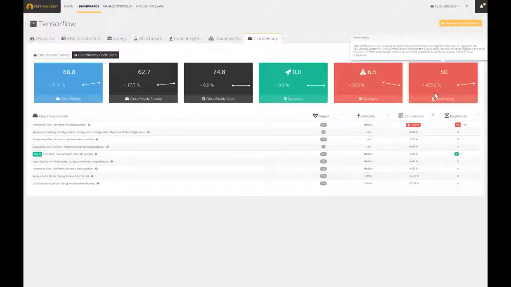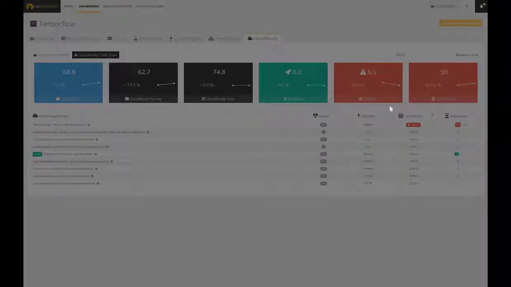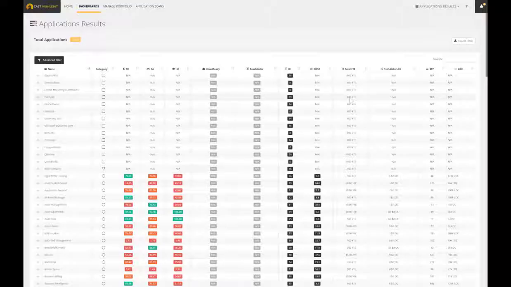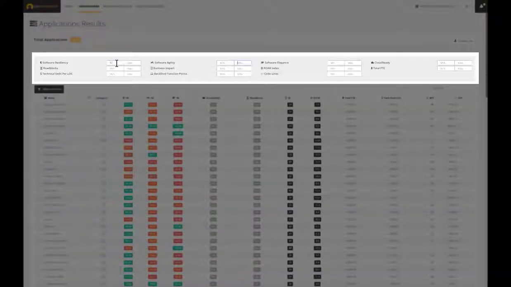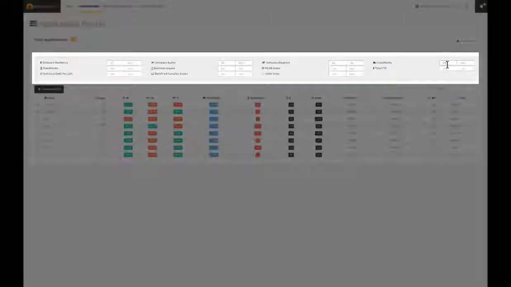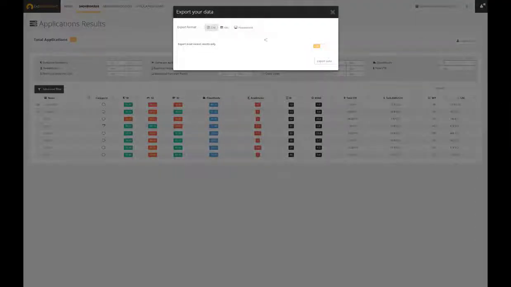Bear in mind that any single piece of data remains available. The application results dashboard provides advanced filtering features. We can actually execute our own segmentation rules, like for instance, the most resilient, agile, and elegant software with the greatest cloud-ready index. Any single piece of information stored in Cast Highlight can then be exported using several formats like CSV, XML, and